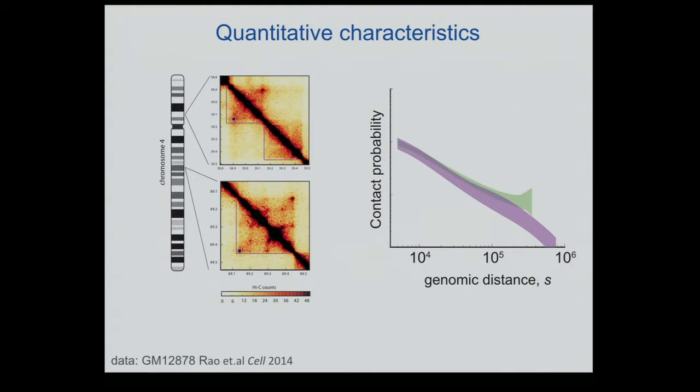So the question is, what kind of features of these contact maps do we want to compare to Hi-C? That's an example of very high resolution data from Erez Lieberman's lab, published in 2014, where they observed beautiful TADs, domains. They also observed that about half of them have bright corners, which they call loops, interactions between two boundary elements.